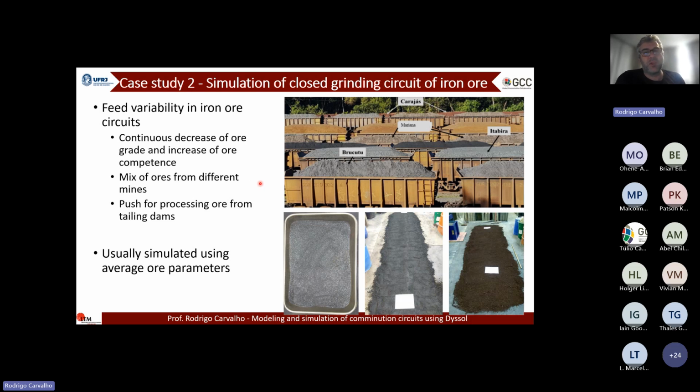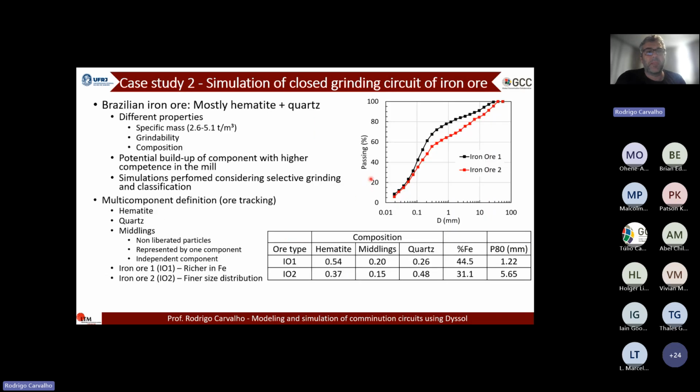So we need to somehow be able to check how this material behaves. So you can see here some different materials with different colors representing these different types of ores. Usually this is performed by using simulations based on average parameters, but now we want to go further using this nice feature that Dyssol has, which is dealing with multi-component material